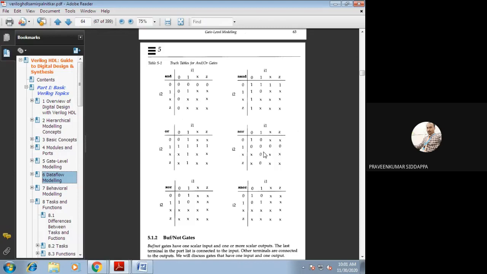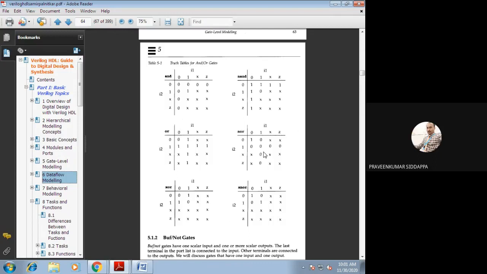In your exam, if it appears, explain all the gate primitives, the and/or gate primitives. You should explain what gate primitives are and draw all the logical symbols. Mention the six gates that appear in the and/or gates. After that, draw the logical symbol, the truth table, and explain whatever truth table you have written. Is it clear? Yes, sir.